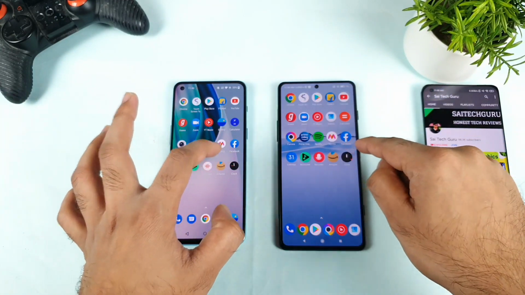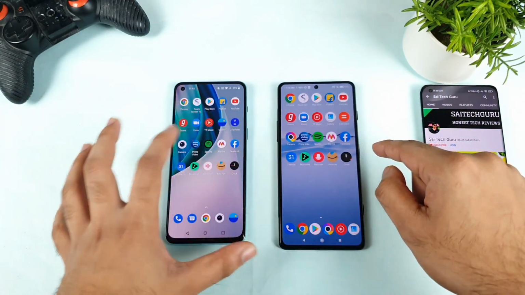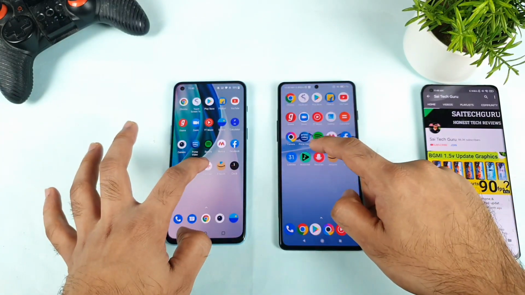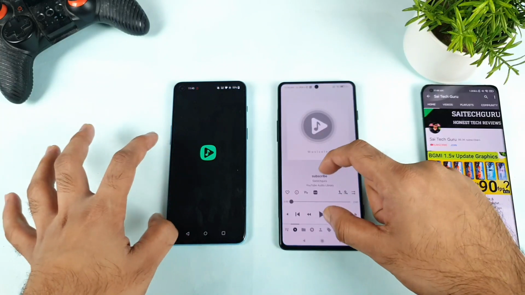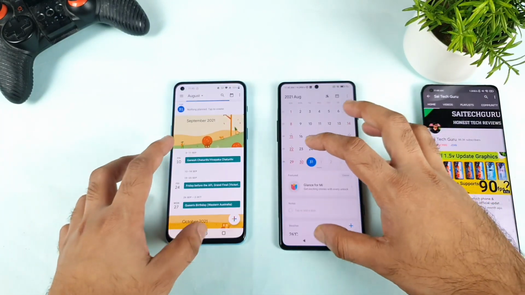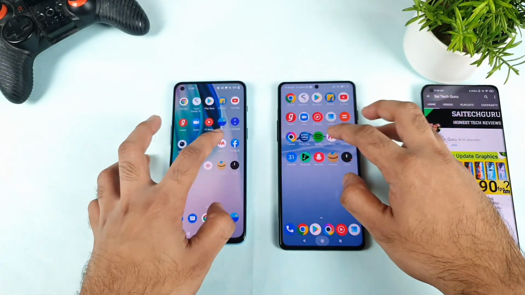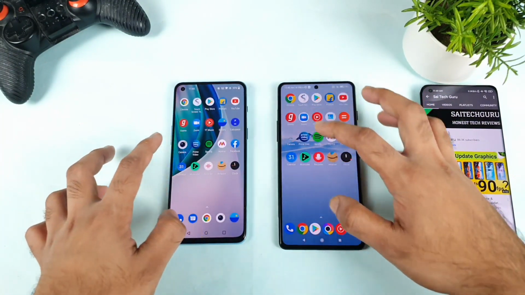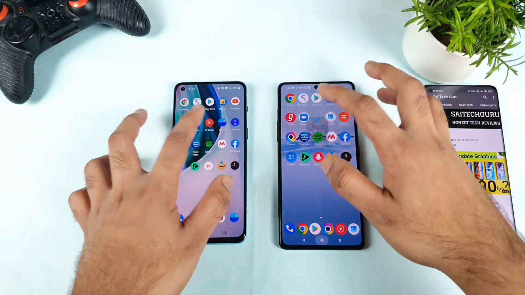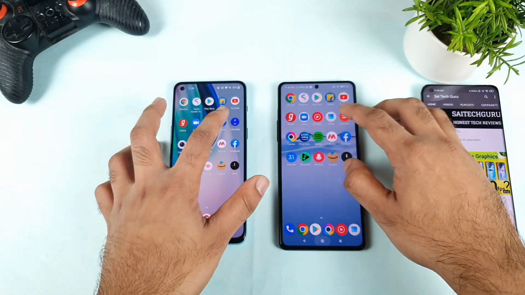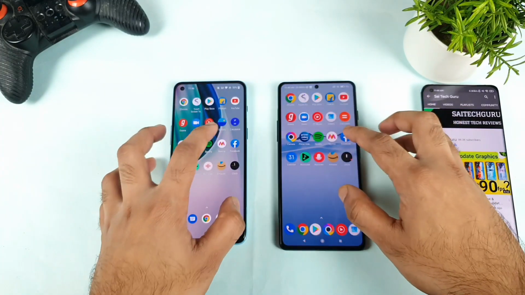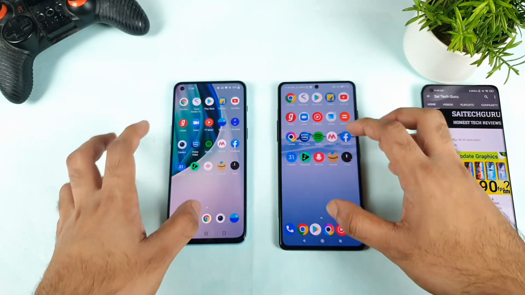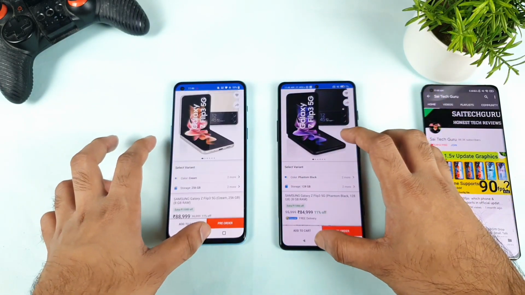Now you'll be able to understand. This OnePlus Nord 2 will not be able to keep some applications in the background. Let's try. So let's see the Amazon application. Some of the apps are getting loaded. Spotify. As you can see, Myntra got reloaded in this phone. Amazon Prime, not bad. I'm just trying to check what are the applications. As you can see, YouTube Music also did not load fast, and Gallery also not loaded. Facebook, no issues. Amazon application got reloaded again. As you can see, it went to the home page. And Flipkart also took some time.